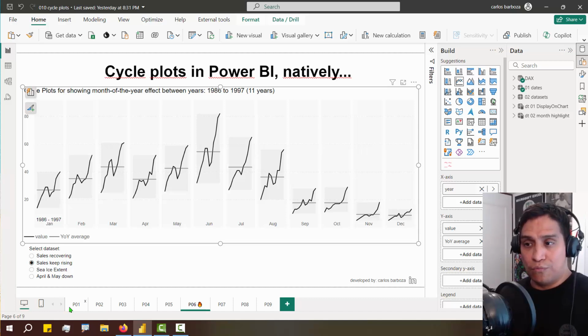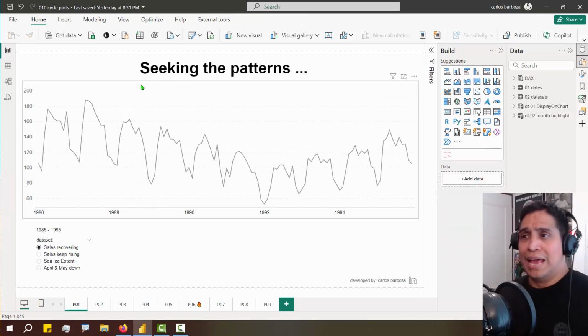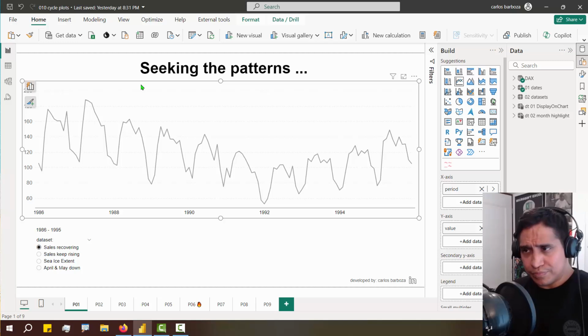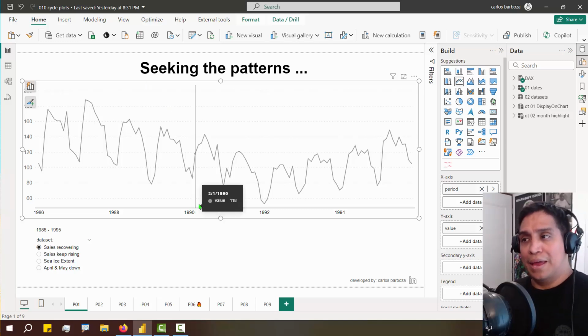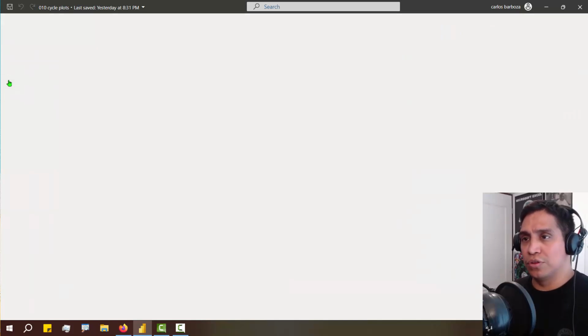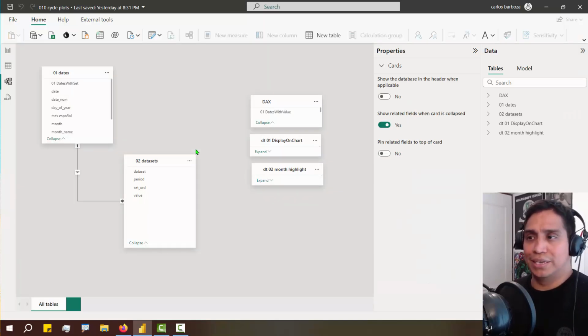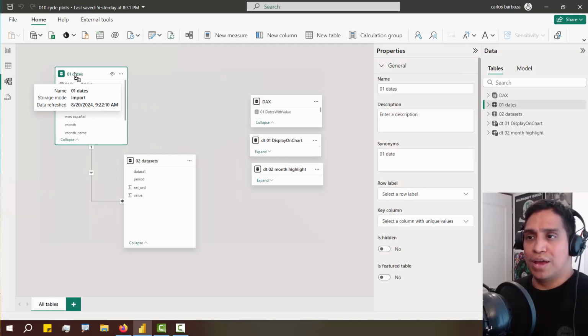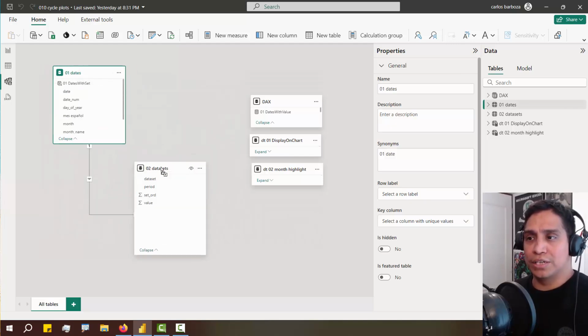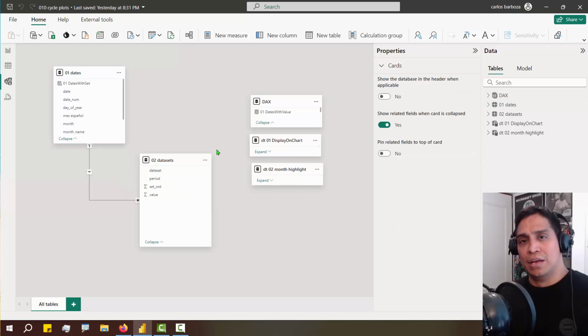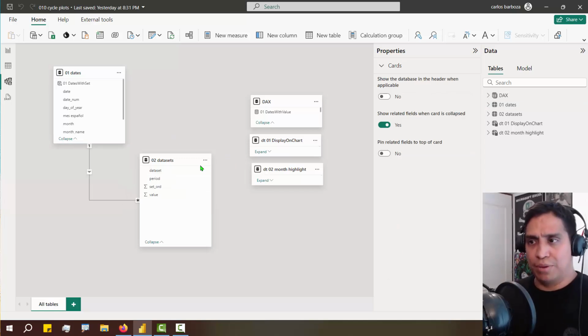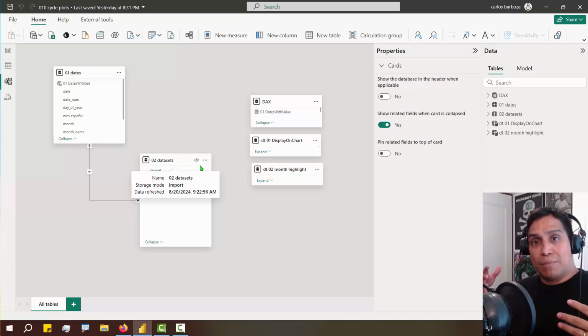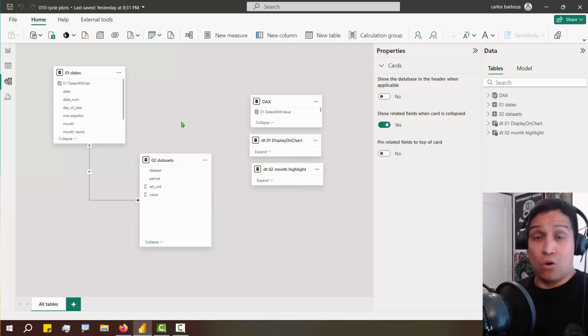Now let's go to the first page, and here you see in a line visual a very basic line chart that we see commonly. Let me show you the data model for this. It's a very basic model. Here we have a calendar table connected to a fact table containing 4 data sets that we're going to be working with, to show different examples and how the cycle plot shows different views according to each